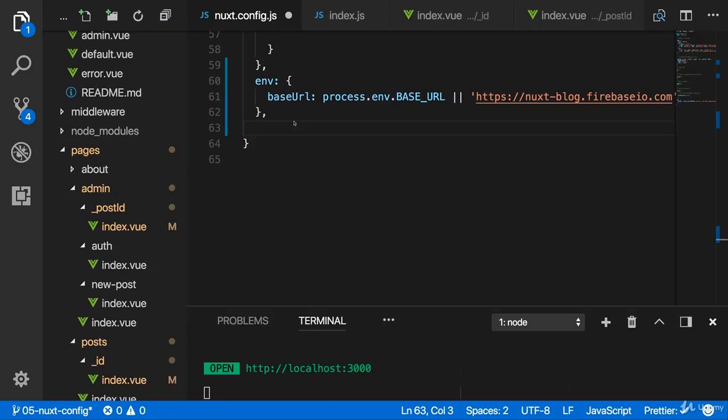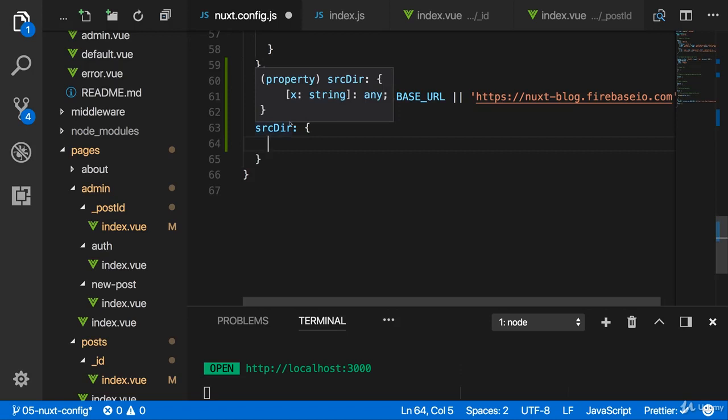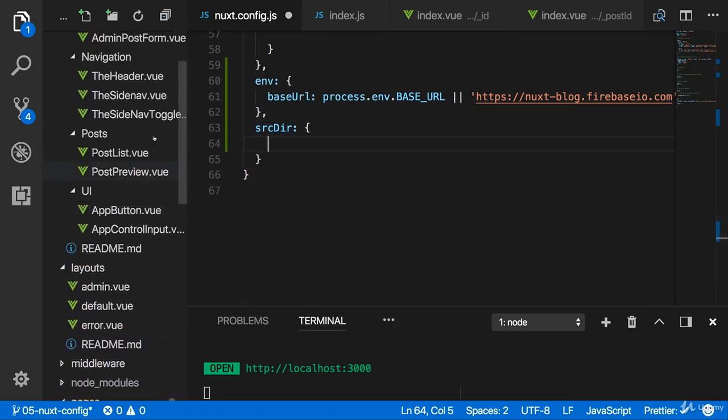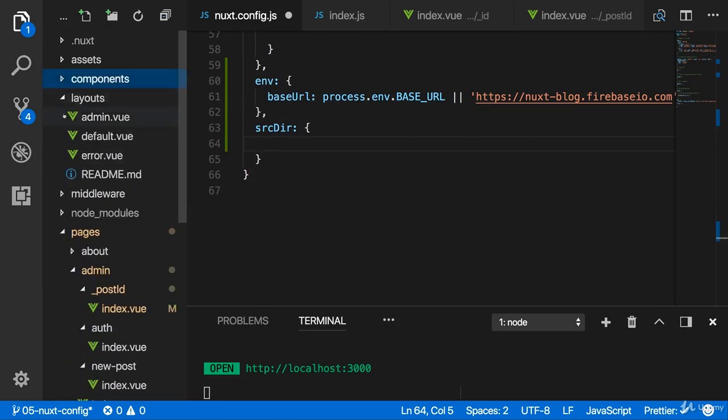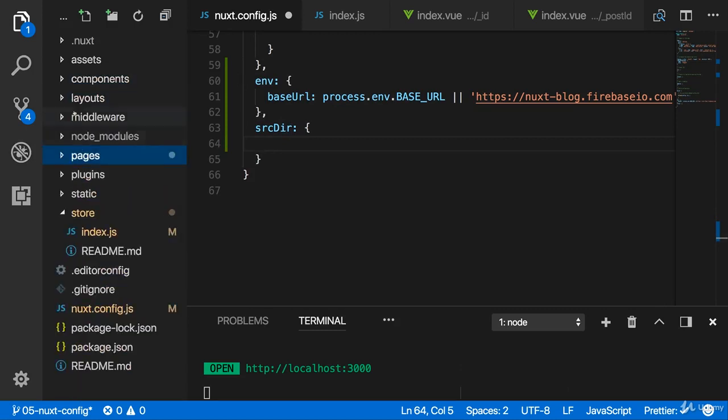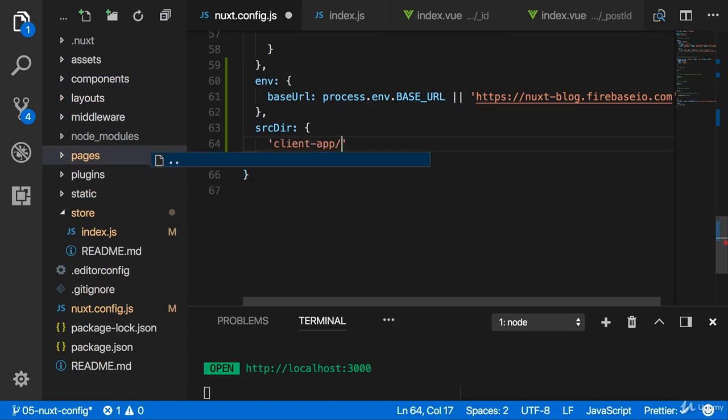Previously we had a look at the root dir property, now we also have source dir. Here we can set the source directory of our Next files. The root dir had to include the node modules folder. Source dir really just means where are all your Next folders, like components, layouts, pages. If you put them into a subfolder like client app, then you can just pass that name of the folder